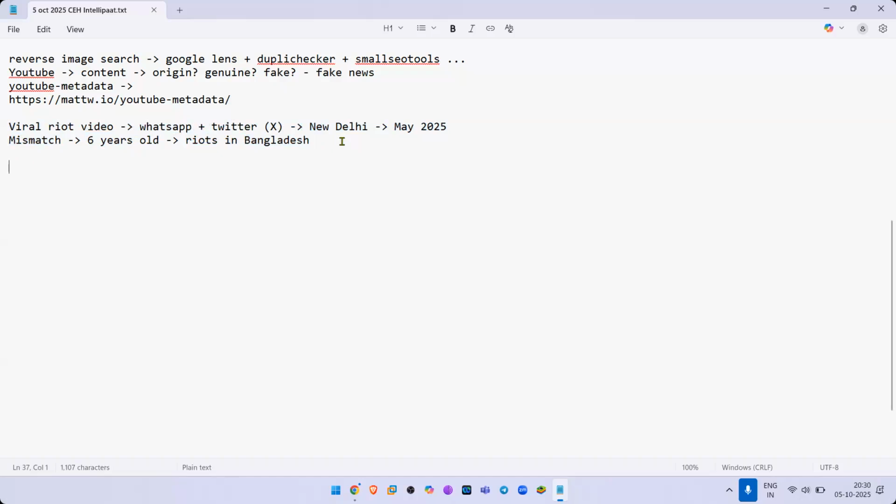Right? So try this out now. Please, guys, go to MATW.IO YouTube metadata. Take any one video and just figure out the information. Contextually, you can make out whether it is fake or not. It's a riot video, but this is not the video of the current riot. This is a video of an older riot. It's a fake.